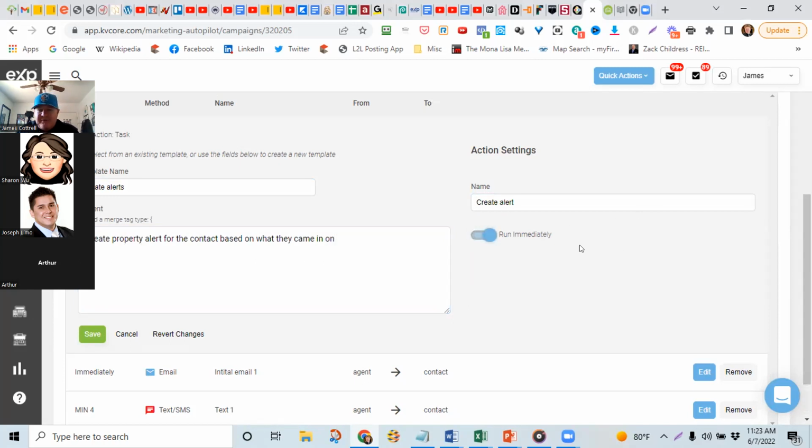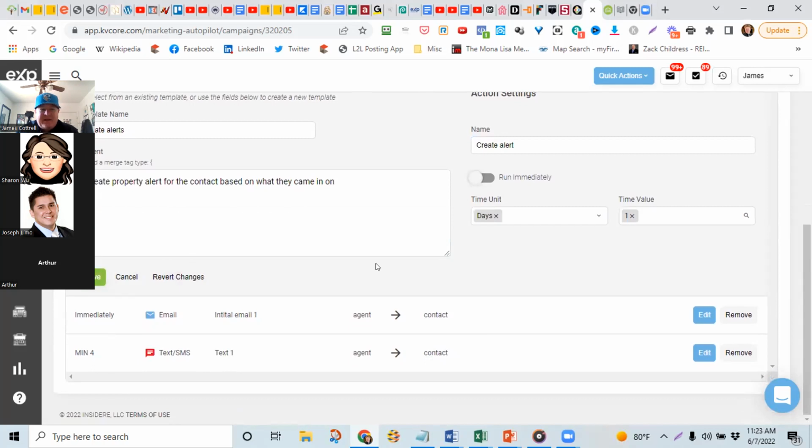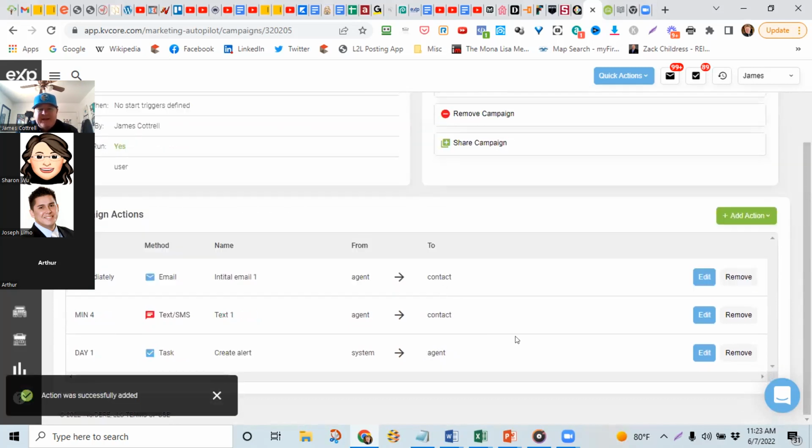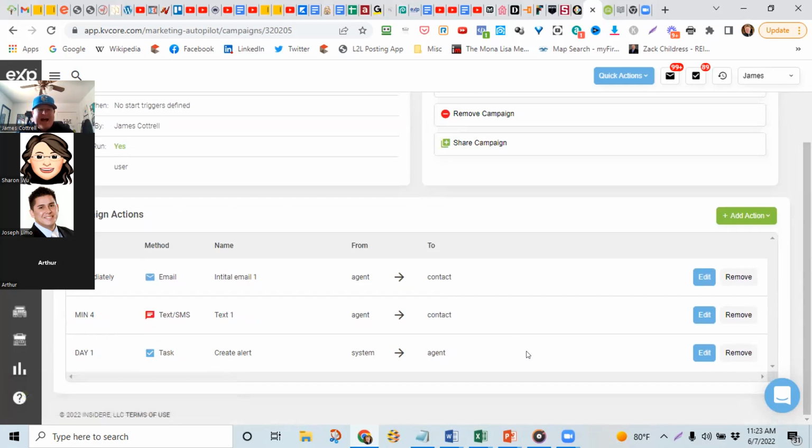And let's say I'm going to not run, I don't want to run this immediately. I want it to go out 1 day after they come in as a lead. So that's going to remind me to look at what they've come in. Hopefully they've searched on the site by then. And now I've created a task for myself to create a property alert for them.